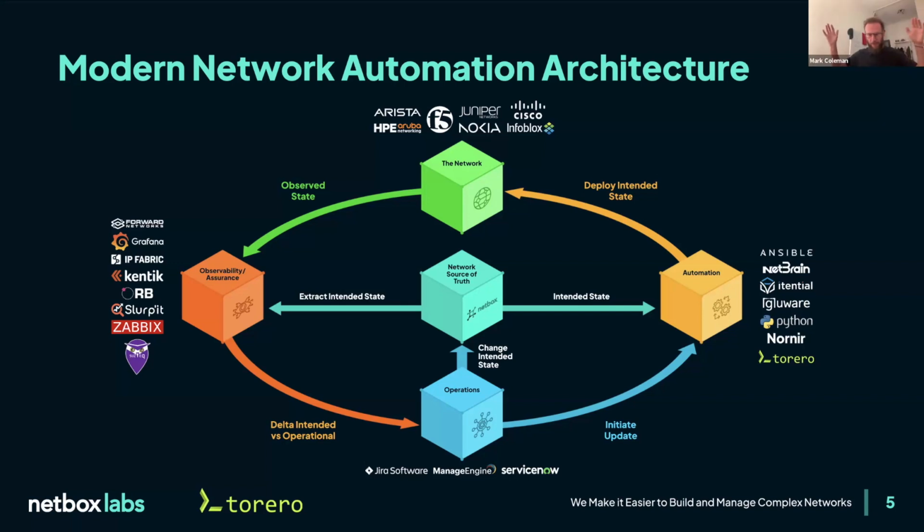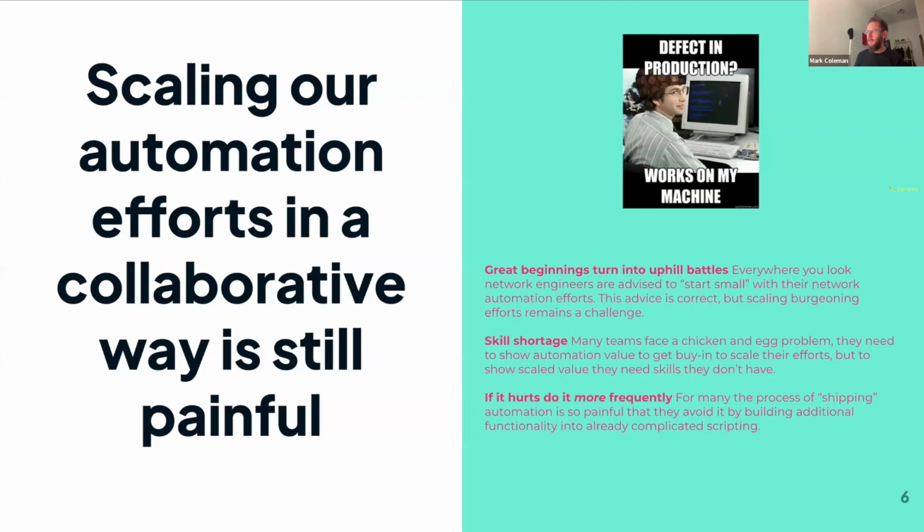What's kind of the problem we're talking about today? How people go through this great call to action from Wyatt there. I love that you started with the financial driver. Like, you want to get paid more? Maybe take a look at this. But now we're going to get a little bit more specific as we get towards looking at exactly what Torero does and how it helps. Wyatt was just talking about this, right? We've got a slide here that talks all about collaboration. It says scaling our automation efforts in a collaborative way is still painful.